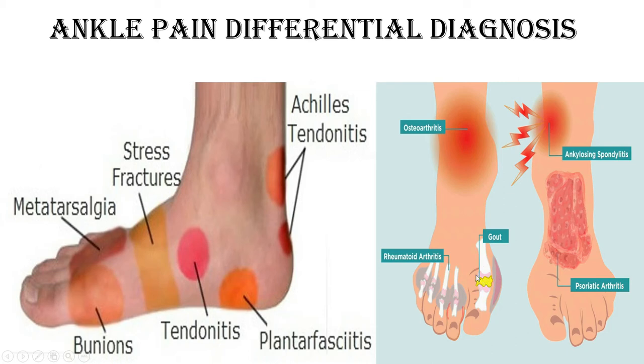And sometimes you can see a chalk-like structure deposited over the joint, called tophi. This is the most common finding in tophi. It may be confused with ganglion or rheumatoid foot and many things. Okay, and if there is a deformity, then it seems to be rheumatoid arthritis in this joint. And if there is pain over this ankle with an old fracture, then you think of secondary arthritis.